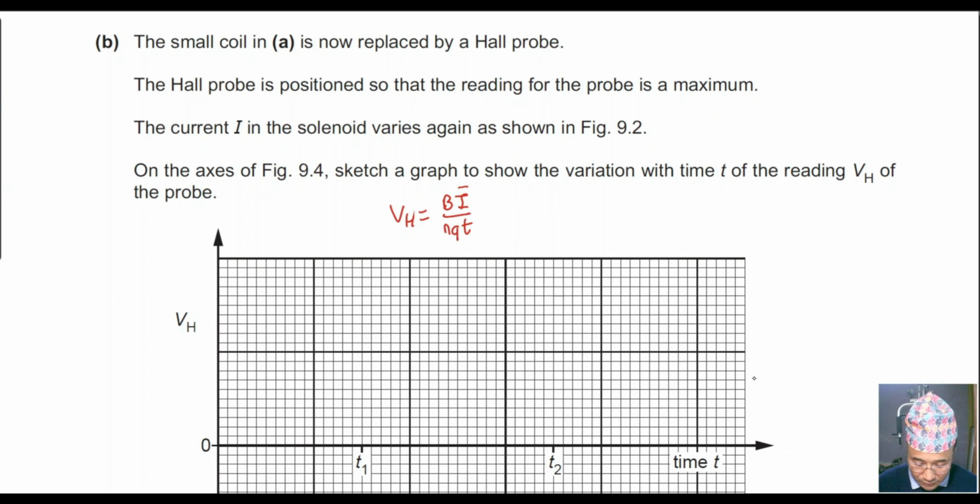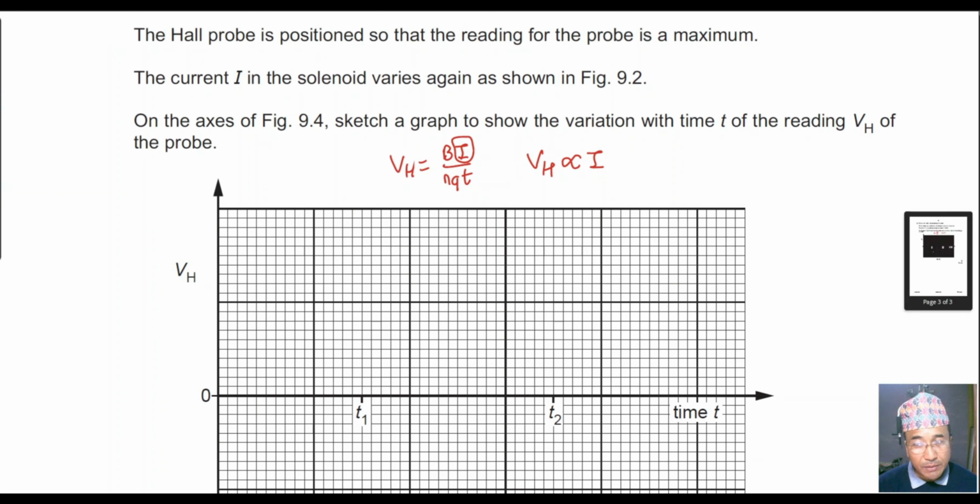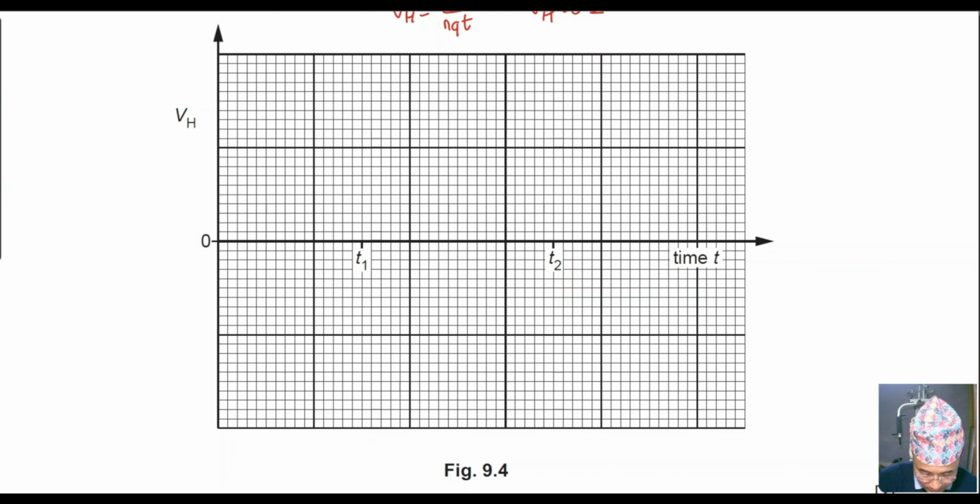Everything is constant, so I just have to go through this I. So this VH is proportional to this I. It will follow the variation of this I. So it's the same pattern here. So from here to here it will be 0 0 0 0 0 till here, and here it will be maximum, maximum from there to there, max value like this,